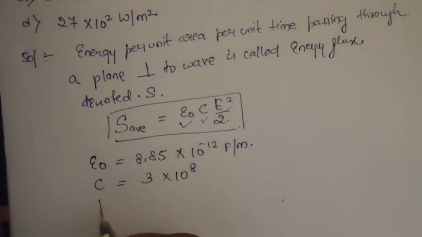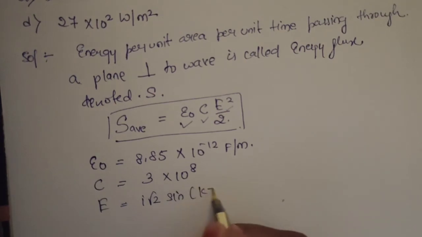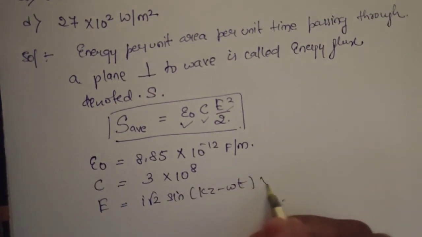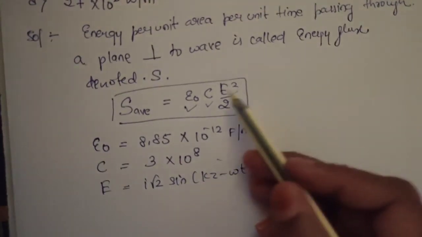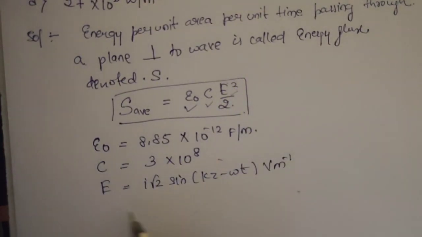Here, E is given as i root 2 sine of kz minus omega t volts per meter. When we substitute all these values in the equation and solve, we get S average as